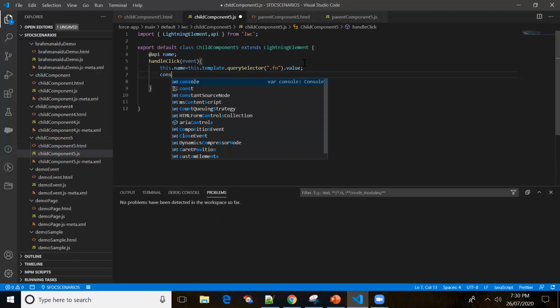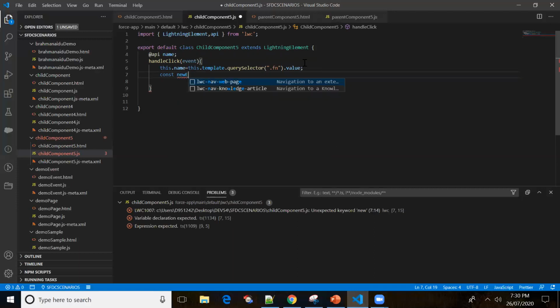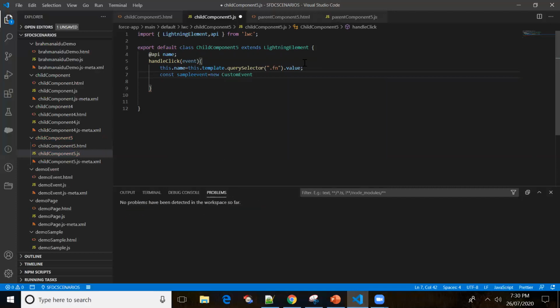So let me create an event: sample event equal to new custom event. Custom event is a constructor, a standard one, and it takes the event name. So I'll just give some name to the event.